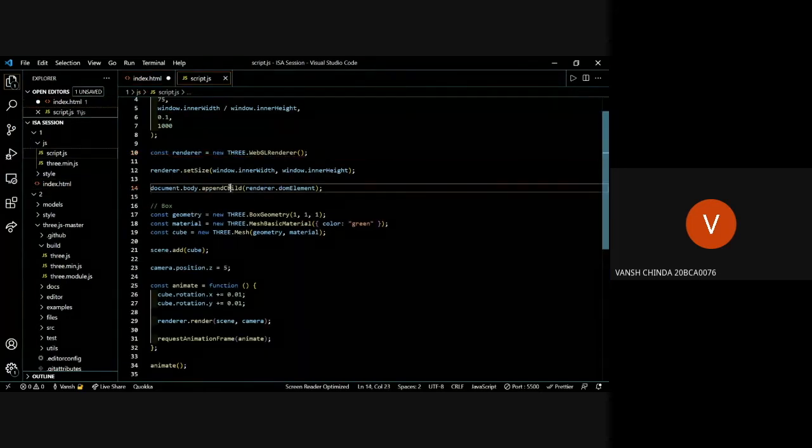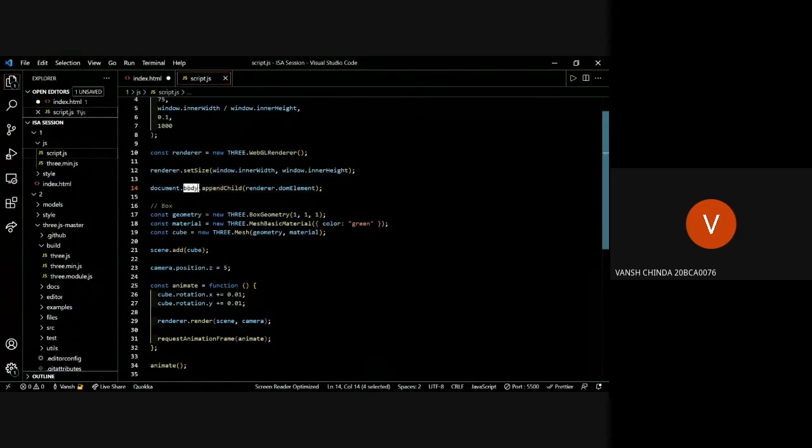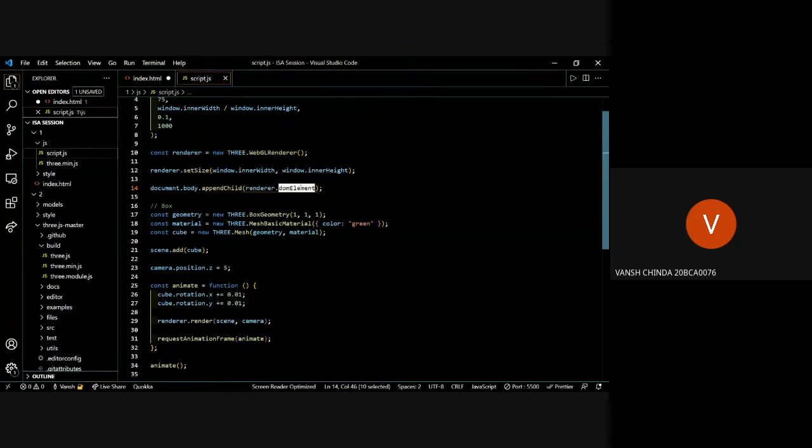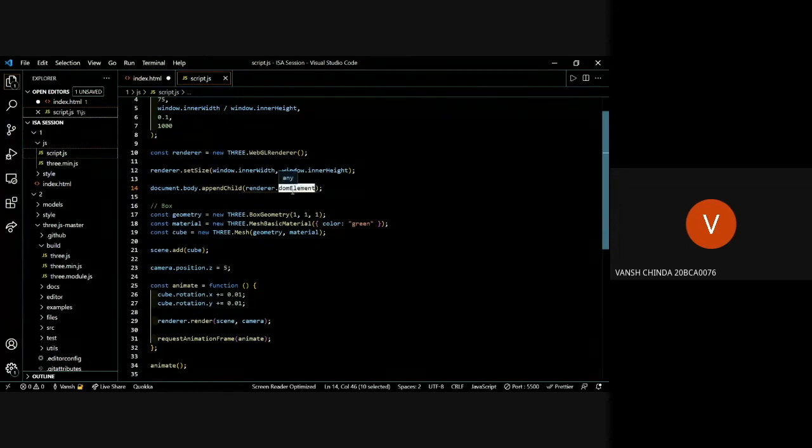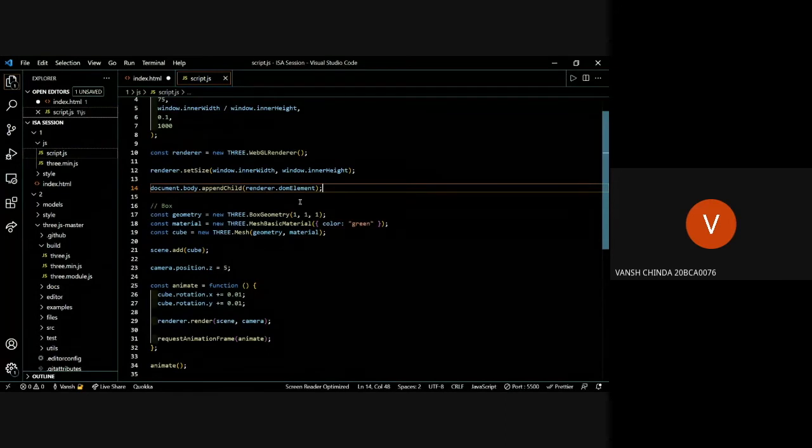But here we append a child, basically adding a canvas element to the body tag. So we take the document, then the body tag, and append a child. Our renderer's dom element is always a canvas, so it will just add the canvas there. I think it's pretty clear, and you'll understand this much better in the next example.